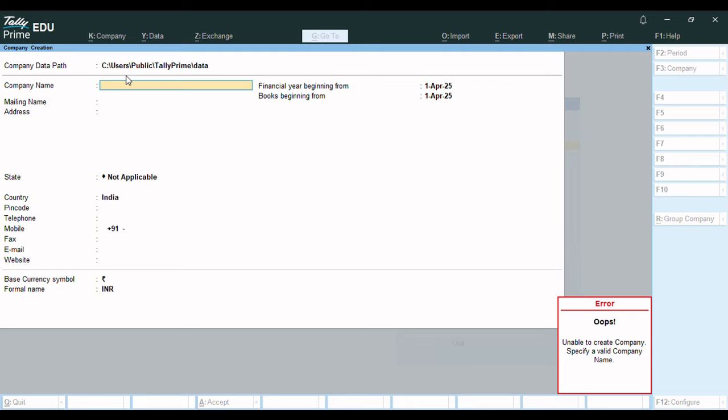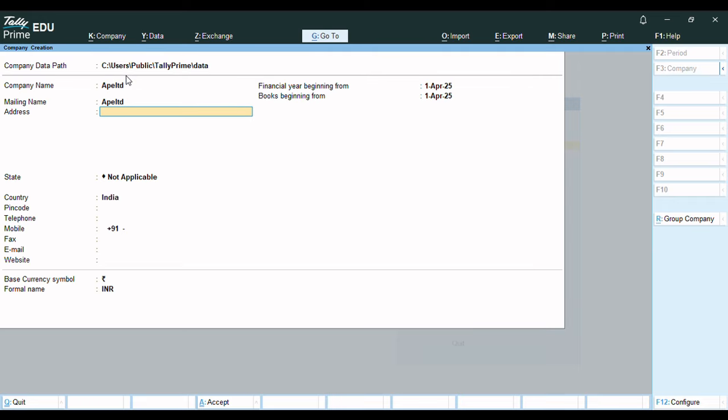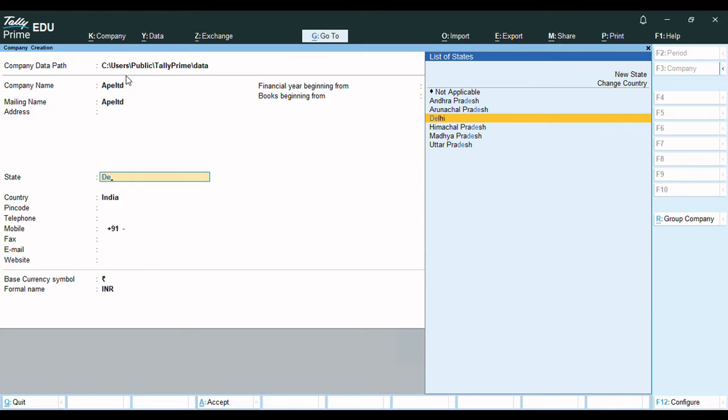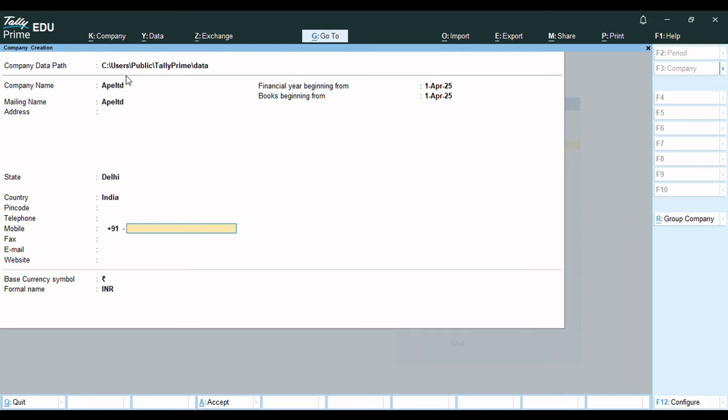So company name is Apex Limited. State is Delhi, India. Mobile number, fax, email, website, amount, and we need to keep in mind the financial year. It should start from April 25. If we do it from any other date, GST will not be calculated. So enter. Second is,